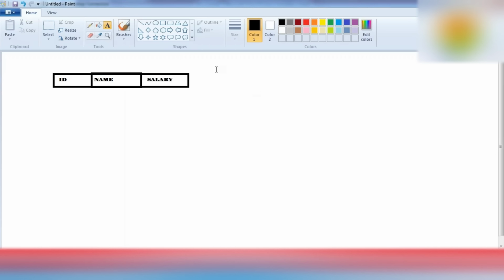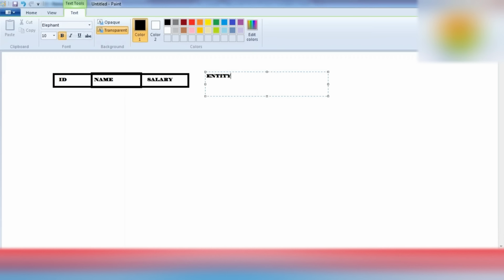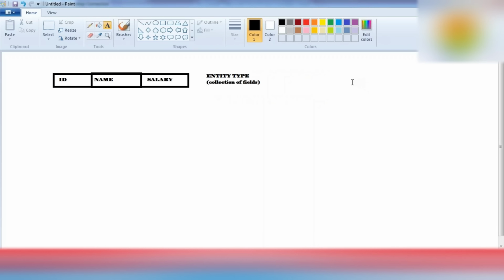That means entity type is nothing but the structure in ABAP. Entity type is a collection of fields. It is called entity type here, and we generally call it structure.